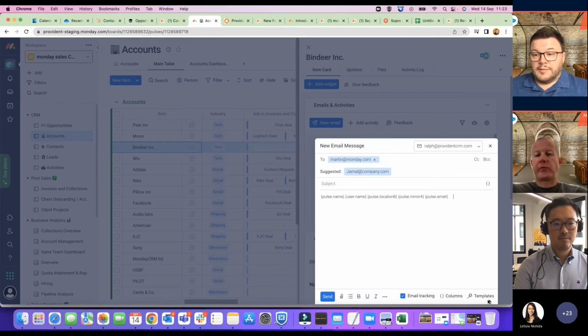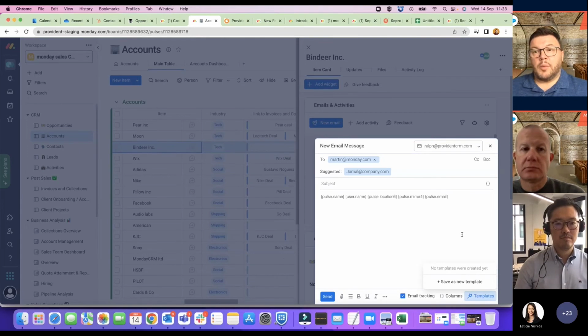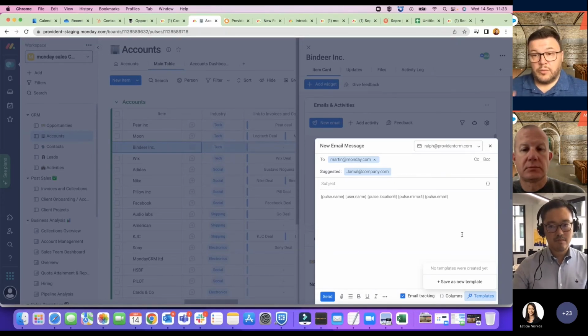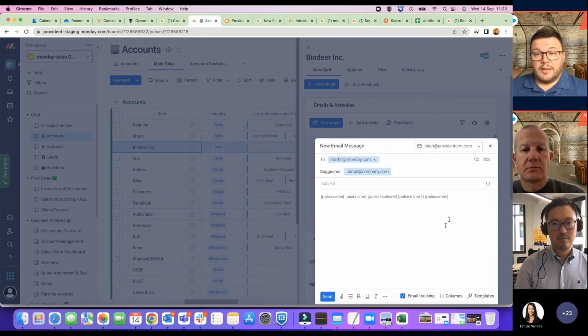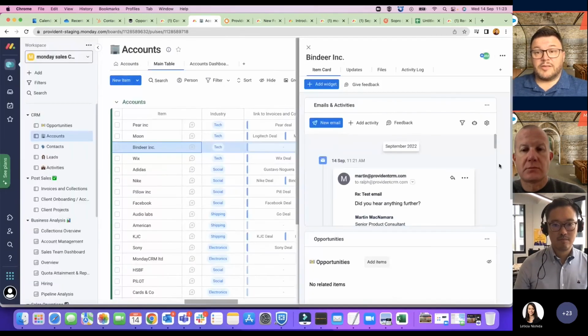Another thing I just wanted to highlight is that we can create templates. Now, I haven't created any at the moment, but for example, if you want to have an out of office template, if you wanted to create an automation, so that if a customer hasn't replied back to you within, say, 7 days, that template is then picked up and communicated out. So it starts the system, as Martin said earlier on, letting the system do the work for you. That's one of the key features within Monday as well. So those kind of strengths and abilities are things that are really going to make it stand out and make life just more open rather than creating silos.